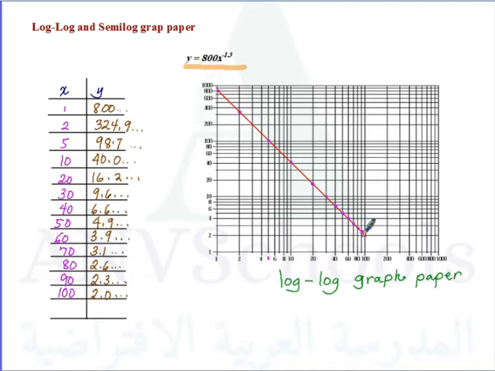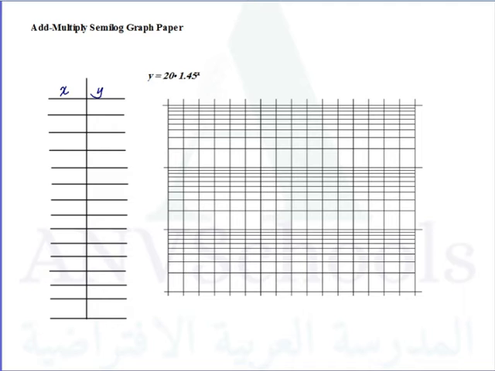Now let's take a look at the next example. For an add-multiply semilog graph paper, which is for exponential functions, we take x from 0 to 10: 0, 1, 2, 3, 4, 5, 6, 7, 8, 9, 10. If x is 0, that would be 20 times 1.45 raised to 0, which is equal to 20. If x is 1, that would be 29. If x is 2, that would be